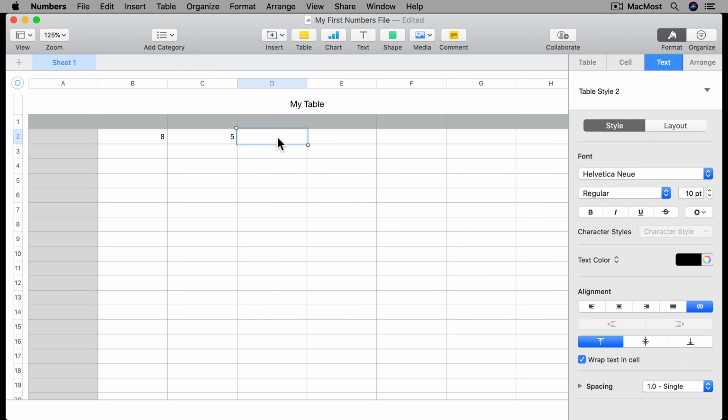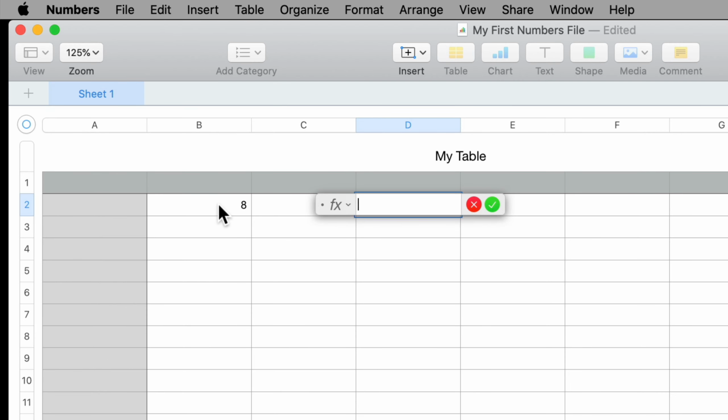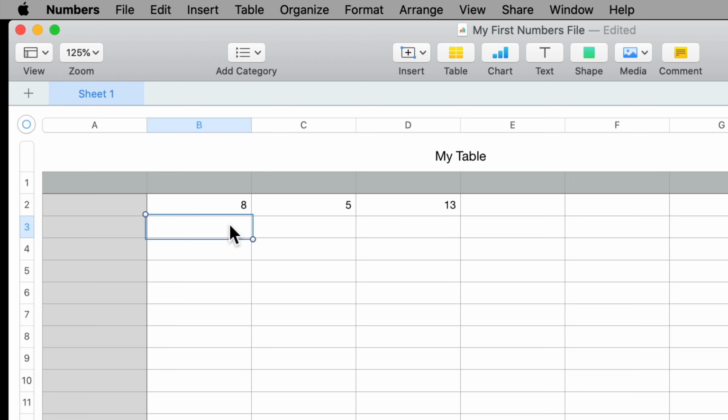So when you create a formula, like adding B2 and C2, and I'll add that here, hitting equals, clicking here, plus, clicking there, and hitting return, now I have the result of my formula. Now if I were to enter different numbers into these cells and then select this formula, and I'm going to